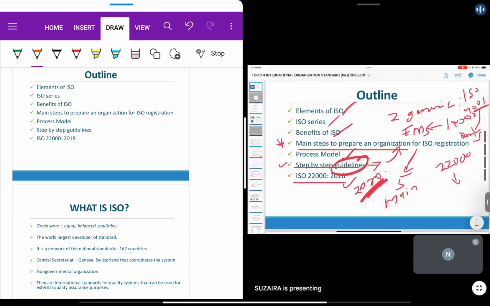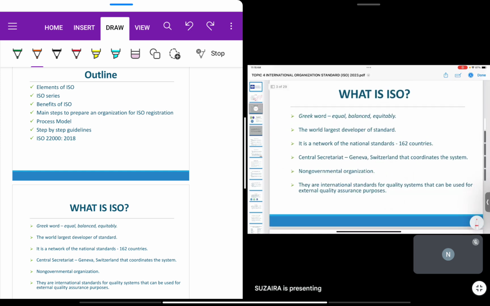Because probably some of you might not really be familiar with ISO. It's like GMP, HACCP, ISO, GHP, Halal. So these are more towards the certificates that we want to have in our company. It's not compulsory, it's voluntary, but if you have it, it's actually considered a credit to your company because customers will trust your company more.